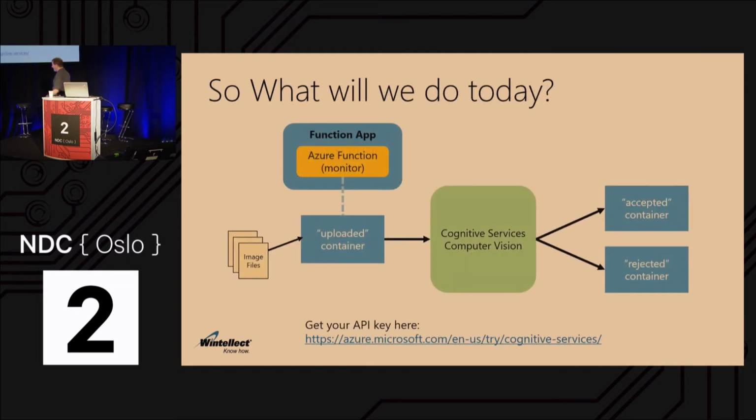So I just realized last night, when I've had this up there, I've done this talk like 5 times, that that's completely wrong. Because what's happening here is, here's the function app with 1 function in it, and that's going to monitor this blob container called uploaded. Here's the image files coming in. When it sees it, the function app triggers and passes that file off to the Cognitive Services API. All that's correct. The problem is, in just this visual, if it's accepted, it goes to the accepted container. If it's rejected, it goes here. It's not the Cognitive Services app that's doing that. It's this Azure function. I drew it wrong months and months ago and never noticed till last night.